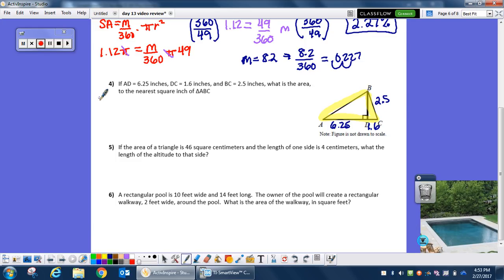The base of that triangle is 6.25 plus 1.6. So our base is going to be 7.85. Okay, so then what you have to do is you have to realize that we don't know the height